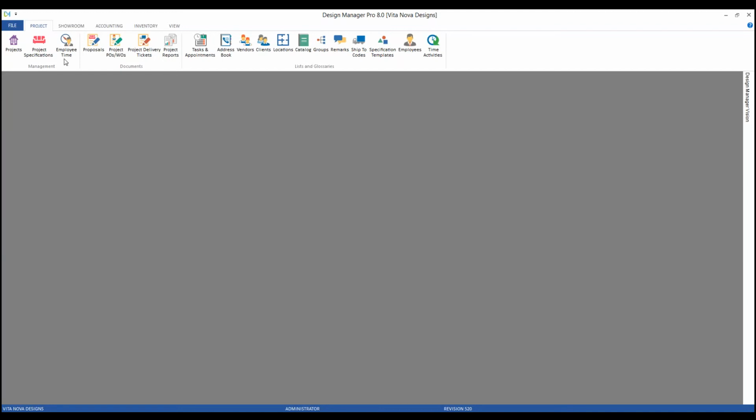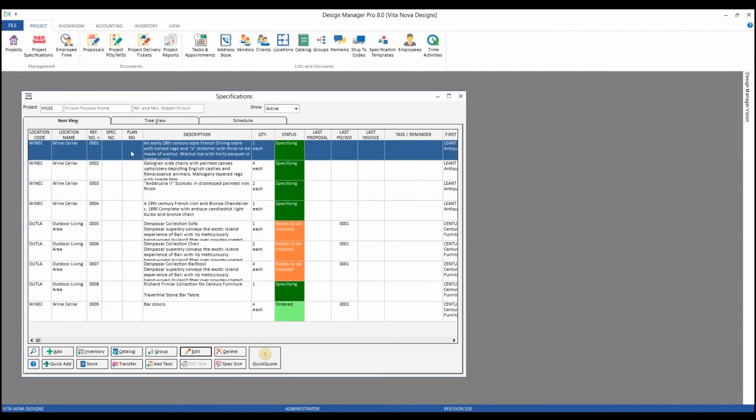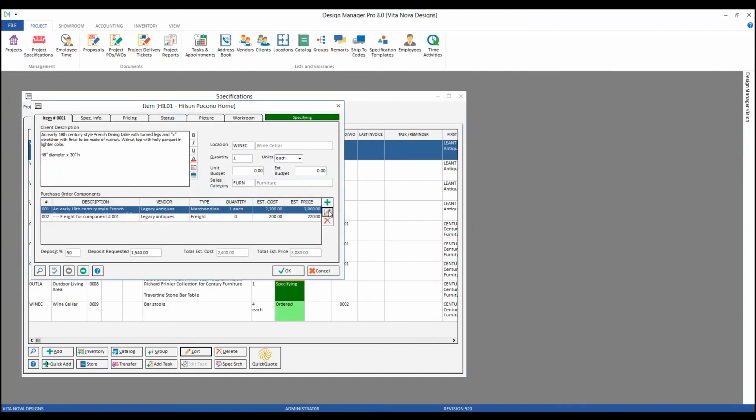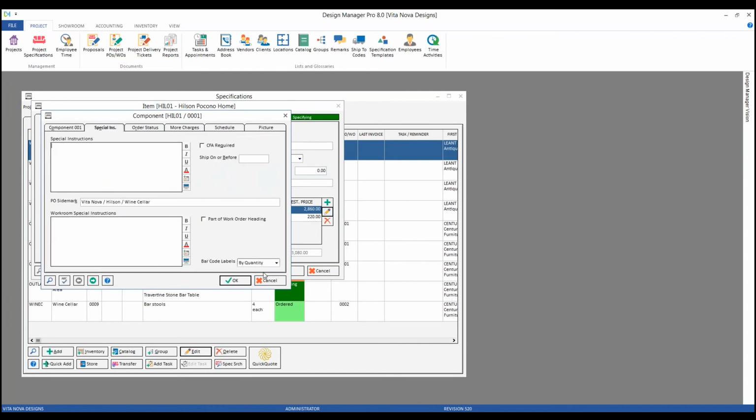Some other options. On our project and specifications, we have some information on the component window that's available with our data collection. Choose our Hilson project, take a look at our first item, and edit our first component. On our Special Instructions tab, we have a menu for barcode labels. This tells Design Manager, when we're allowing it to print the labels upon creating the purchase order, how to do so. We can tell Design Manager to never print a label,